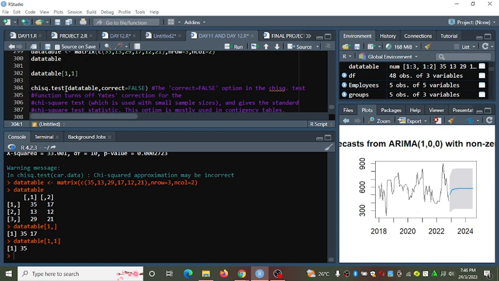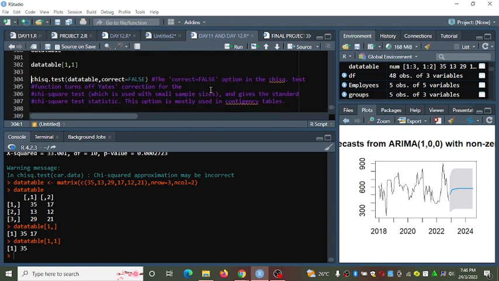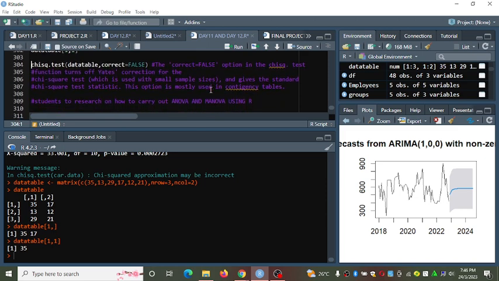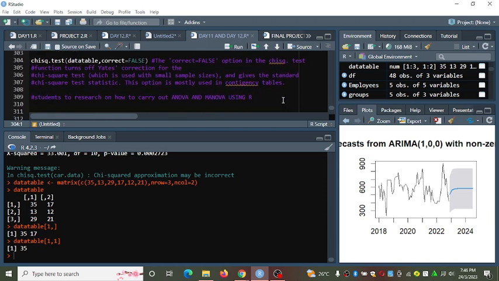Chi-square.test of data table, and correct is equal to false. What is the use of correct being equal to false?